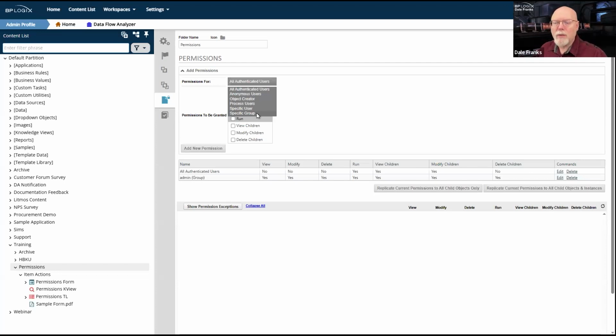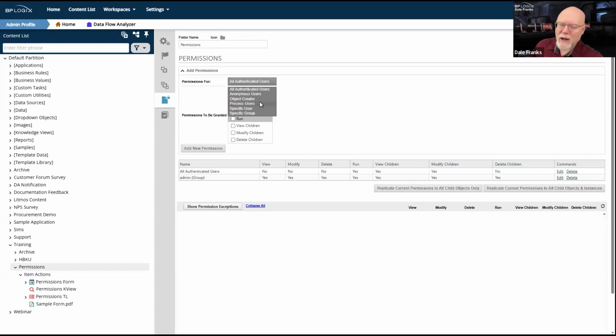There are also some other items here that don't refer to specific users, but rather classes of user. For example, I have anonymous users, users who don't have an identity in Process Director, or process users, which will include at various times anyone who is currently an active participant in a process.